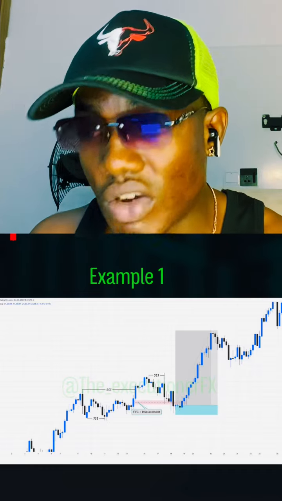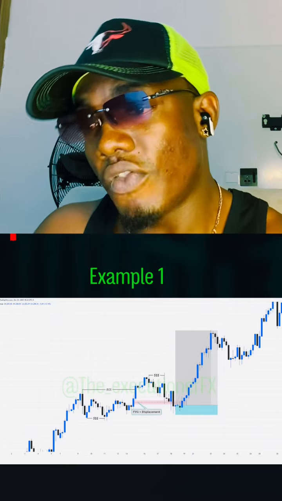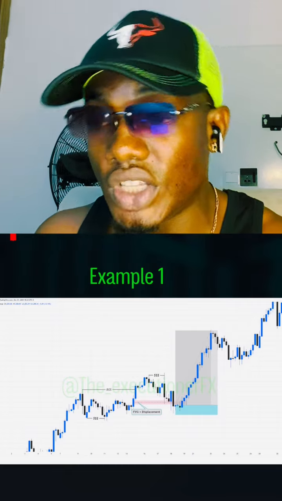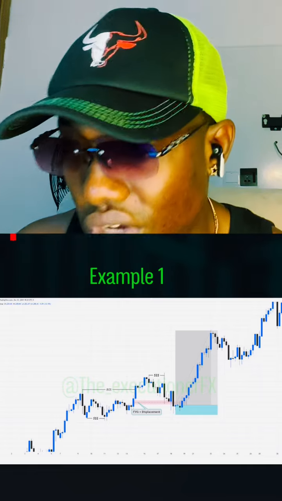All right, so you can look at this example and know that, okay, if I'm building my setup around this narrative, these are the key criteria I need to look out for before I take my trade. All right, now